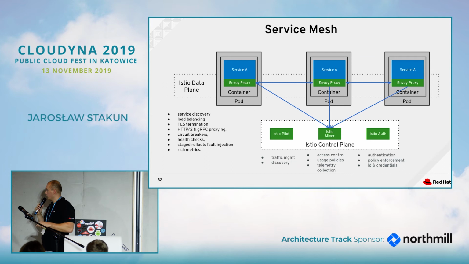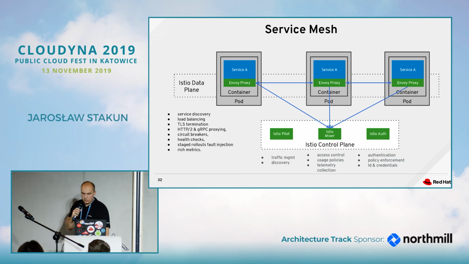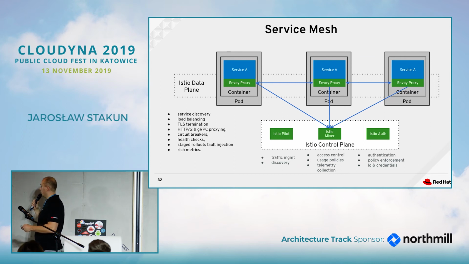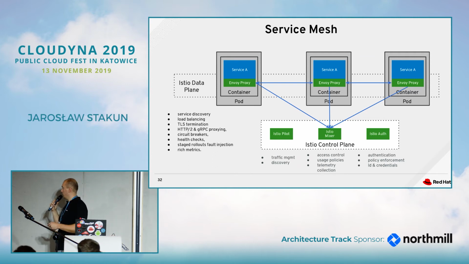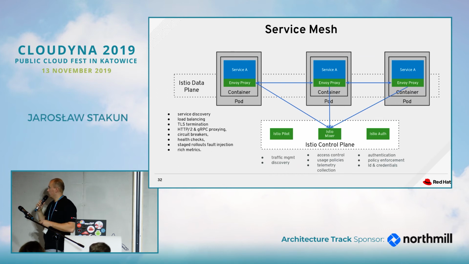That could be either microservices applications or maybe some more macro services applications. So this is the architecture. You have a control plane where you configure everything and monitor the platform, and then in your services you run additional container Envoy proxies, so a sidecar container, which is basically the policy enforcement point. It will execute all the policies that you have defined.